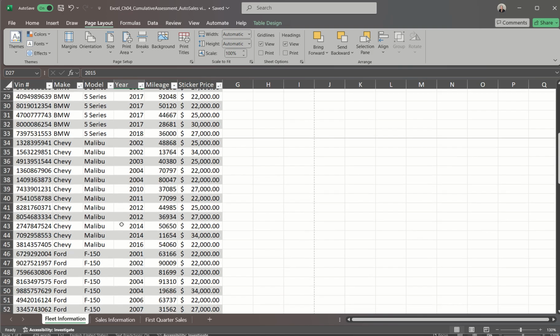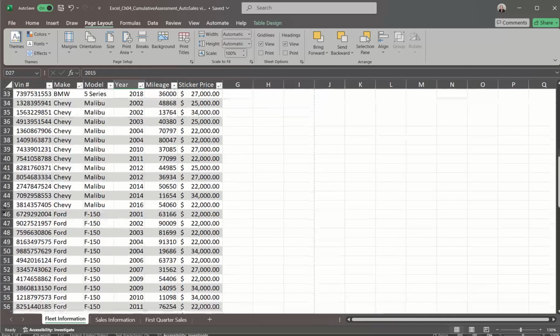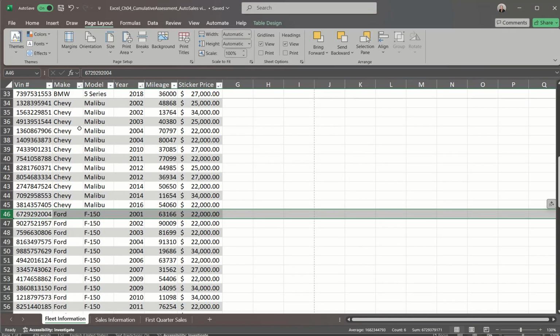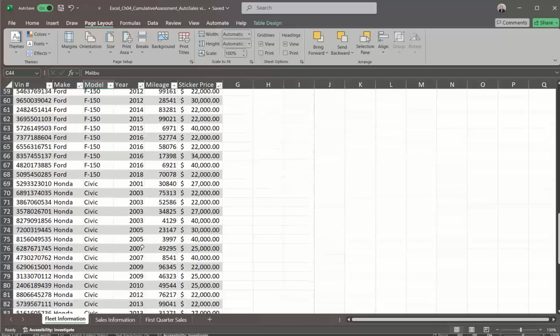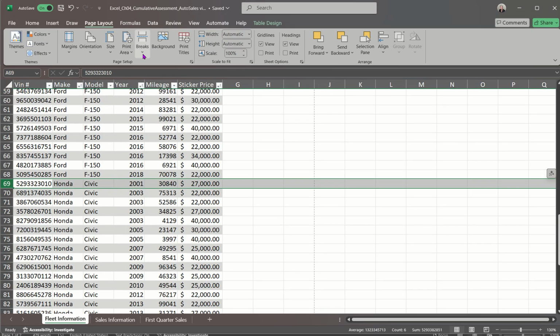So now we're going to go where Chevy ends and click on 46 right after Chevy and go page layout, breaks, insert page break. And you can see here with the breaks, you have remove page break or reset all breaks. And I'll show you something else with the breaks in a second. So let's see, now we got the line again between Chevy and Ford. All right, so Ford ends, Honda starts. You want to click on 69, go to breaks, insert page break,